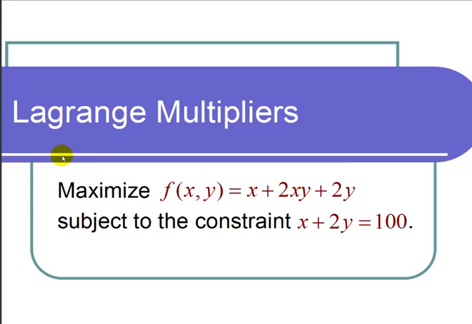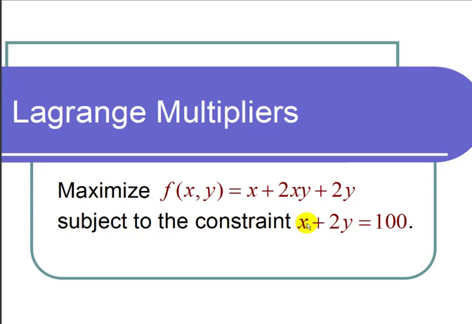This is a video on Lagrange multipliers. The question states: maximize f(x,y) = x + 2xy + 2y, subject to the constraint x + 2y = 100. So let's recall that Lagrange multipliers says that if we have a function f subject to